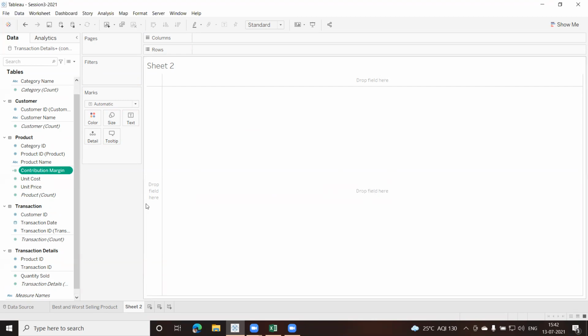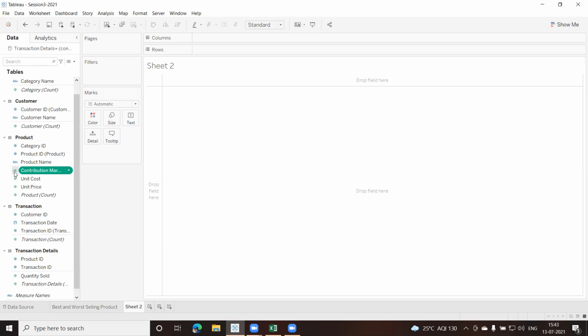A new field. You can see this one under the product, you got a new field here. And it has a hash sign, and there's an equal to sign here also. It indicates that it is a calculated field. If you look at the symbol for the unit cost and the unit price, it is different compared to this one. The indication is simple: we have created this field. It is a calculated field.